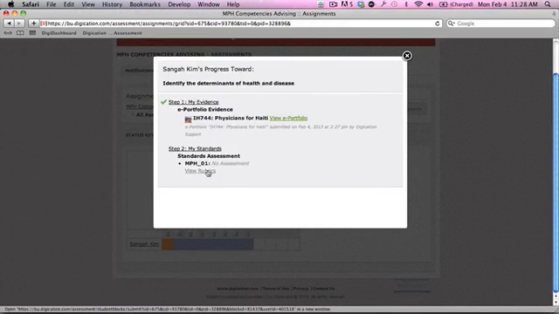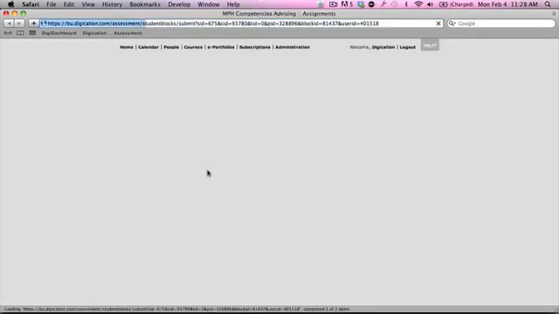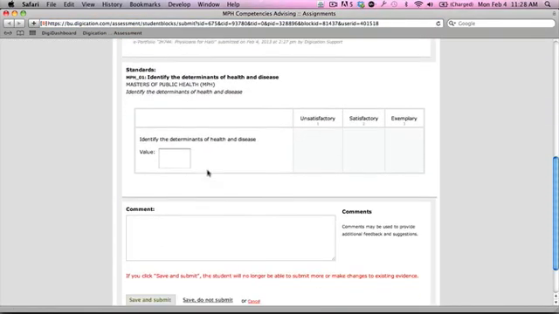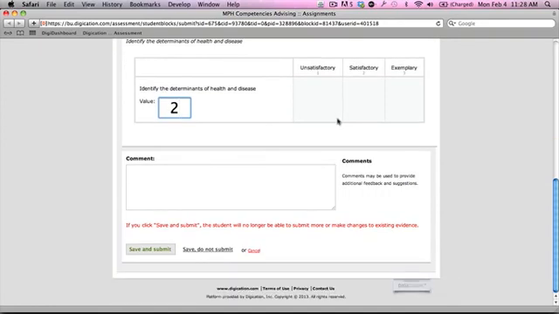If you're doing outcomes-based assessment, you'll be able to go and click on View Rubrics, and it will open up any of the rubrics that were connected to the specific competencies that have been mapped to that assignment. And you can choose one or multiple competencies depending on what it is that they're going to be submitting. And again, we can build these rubrics based on whatever rubric specifications that you had, but you can go in and essentially fill in a value for any of the rubrics that are available,